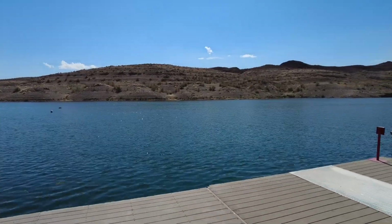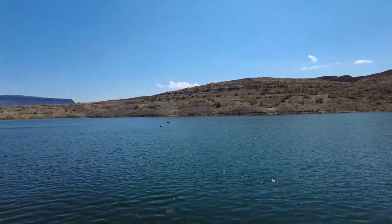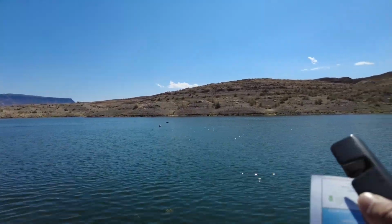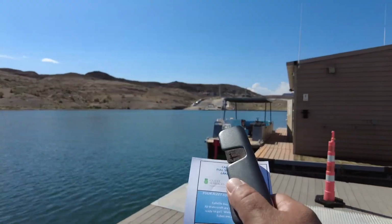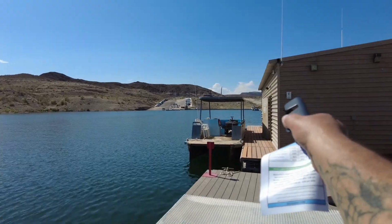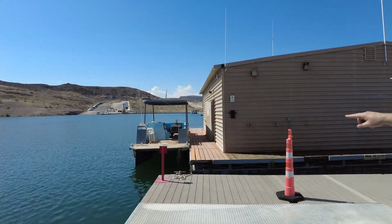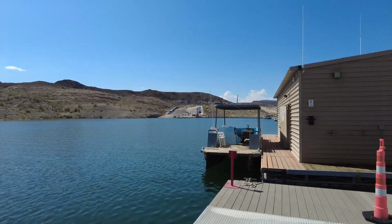Yeah. There's another boat ramp over here somewhere. I don't see it anymore. It's totally gone. I zoomed in on it on one of the videos. Because I know that's not it. Well, maybe that is it. No, that's the old one that wasn't in service. No, that's the one we used to come down over there to the right. This one right here on the left is the one that wasn't in service when we came here last time. And the one on the right is what we used to get into the...